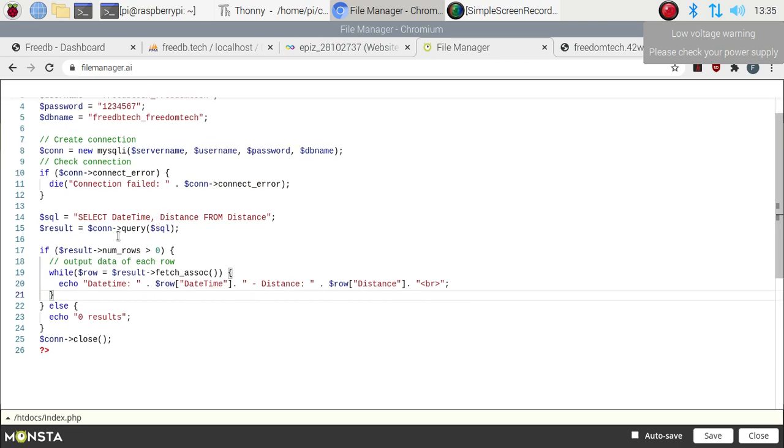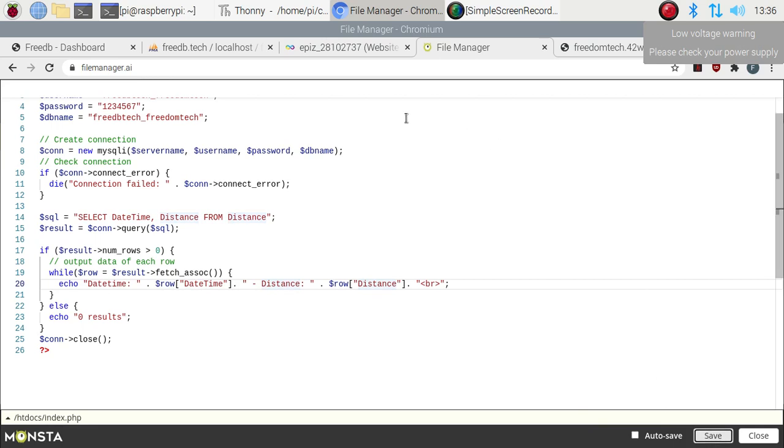From here, SQL is equal to, you have to mention your two fields, like I have mentioned my fields date time and distance, from distance, which is our table name. You have to mention your table name from here, and in the echo row we have to mention the fields which we want to show on our page. Date time and distance are just two fields, you have to change these two fields, and then just save it.